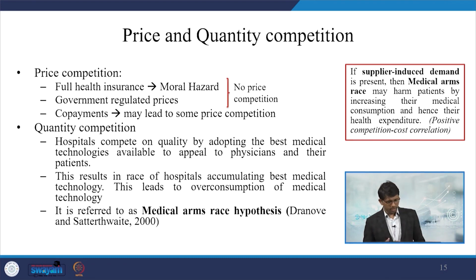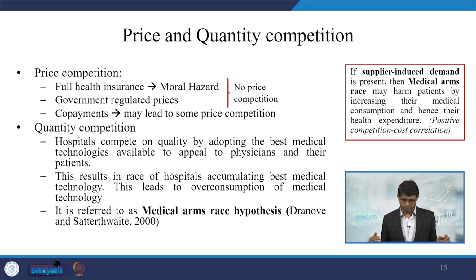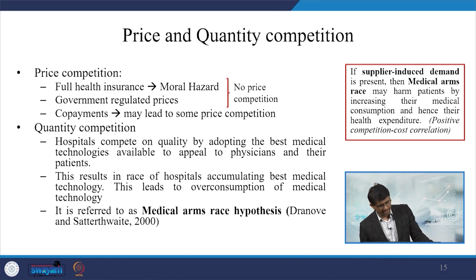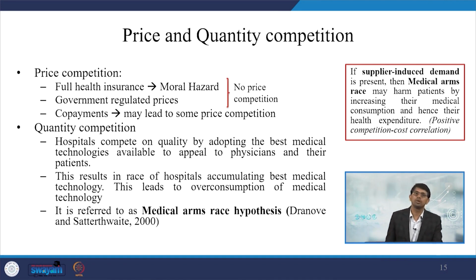It also leads to some overconsumption of medical technologies, because the competition drives the accumulation of different forms of quantity, or the differentiation of quality. They are in a race actually. That race is called the medical arms race hypothesis, mentioned by Dranove and